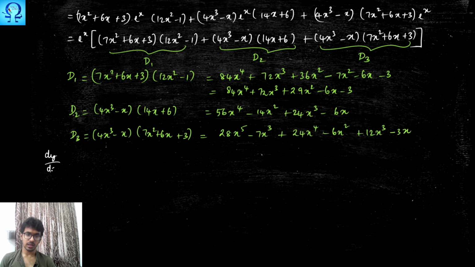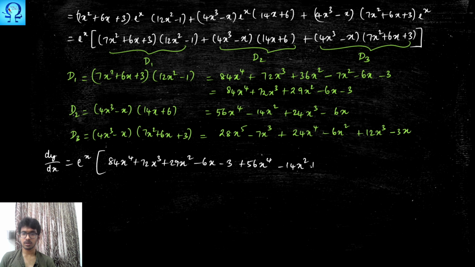So dy upon dx is going to be e power x, and the first term is 84x power 4 plus 72x cube plus 29x squared minus 6x minus 3, plus 56x power 4 minus 14x square plus 24x cube minus 6x, and the last gives you